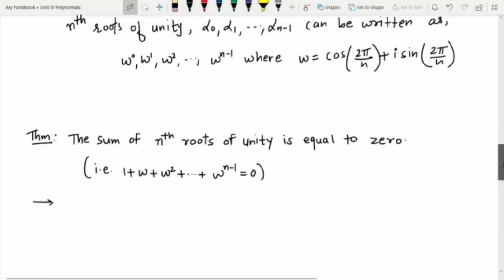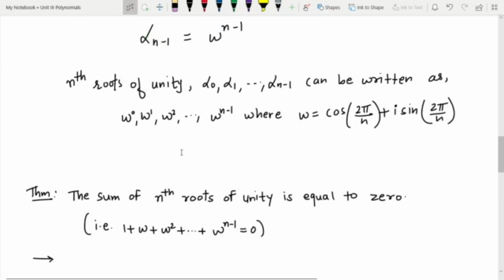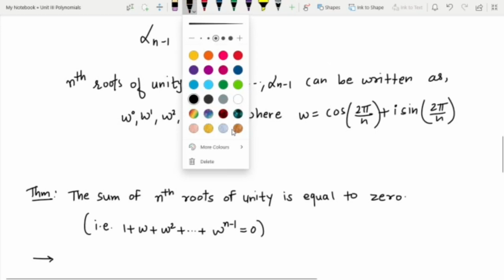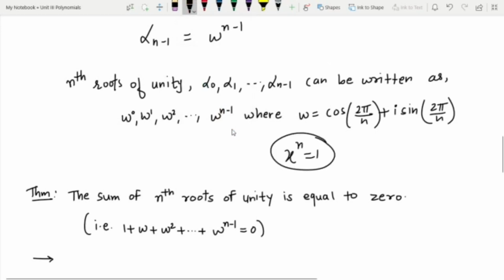Okay, so just note that these are all roots of which equation? This omega, omega raised to 1 and omega raised to n minus 1 are roots of x raised to n is equal to 1. Since these are the roots of this polynomial, they are going to satisfy that polynomial. Satisfy in the sense what? What is going to happen? Now this omega raised to 0 is nothing but 1. So you simply put omega raised to 0 in the left hand side, and on the right hand side you are getting 1. So you can easily verify that. So if I put x is equal to omega raised to 0, that is 1, you will get 1 raised to n, which is 1, that is exactly the right hand side.